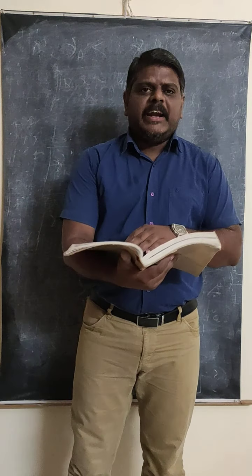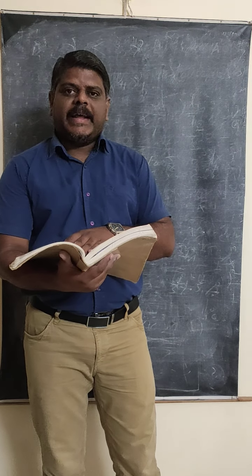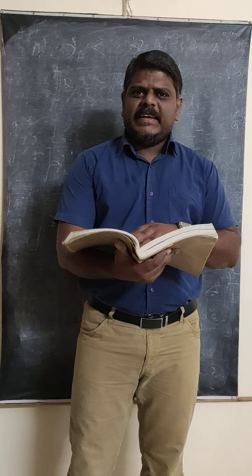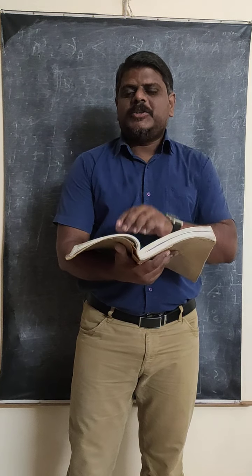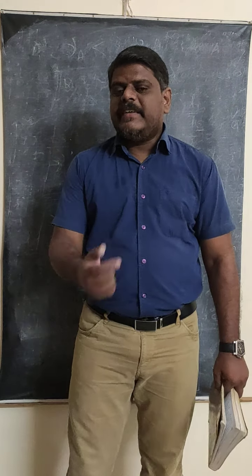Hello, welcome back students. In the problem, we use the direct formula, the relation between gamma R and gamma A. In the problem, gamma R, the coefficient of real expansion of mercury, is given as 0.00018 per degree Celsius, and they want us to find the coefficient of apparent expansion. The coefficient of linear expansion is also given, but it is cropped. I think the value is 0.000009 per degree Celsius. So gamma is not given, alpha is given.